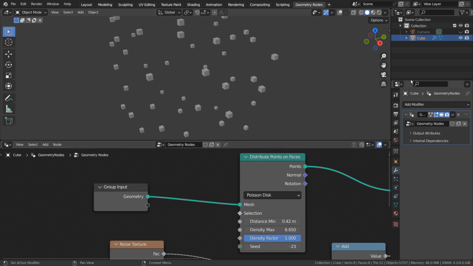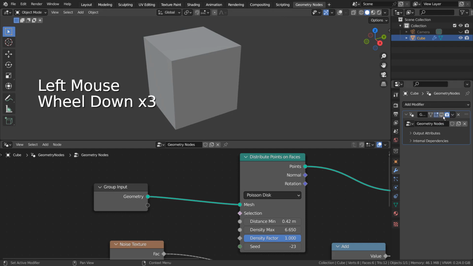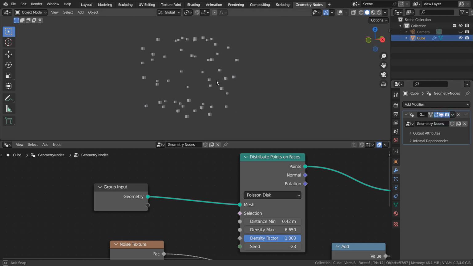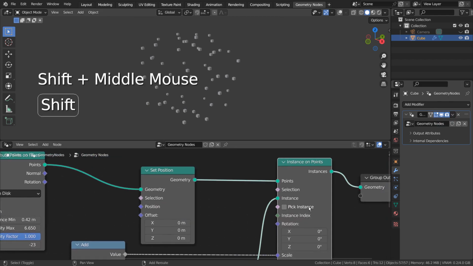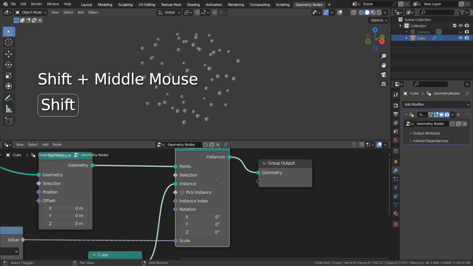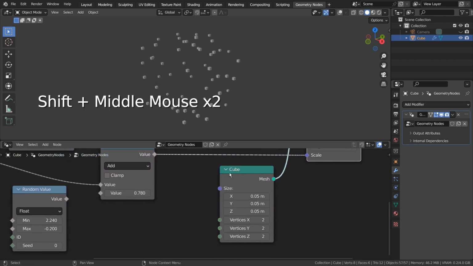The base mesh is a cube. This node can be other mesh primitives.